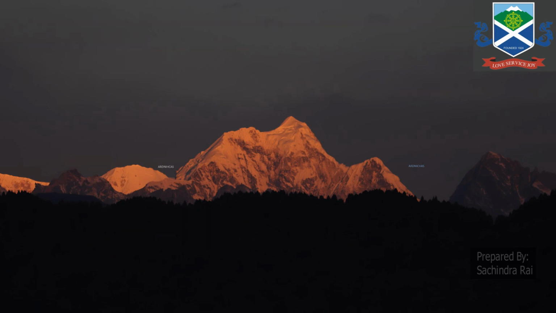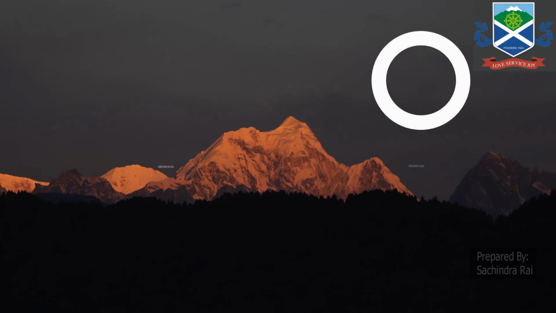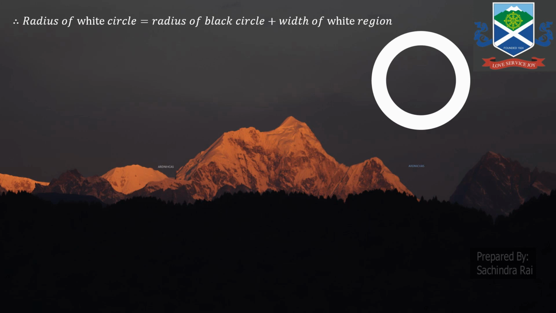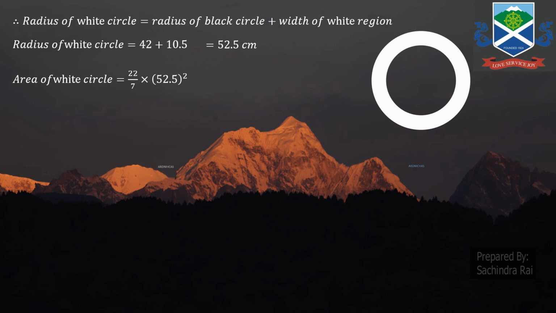We need to find out the area of the last region, that is the white region. Again, we will find out the radius of the white region or the white circle, that is the radius of the black circle plus the width of the white region. 42 plus 10.5 will give us 52.5 centimeter. By putting the value of pi and r, we get 22/7 into 52.5 square, and when you square 52.5 we get